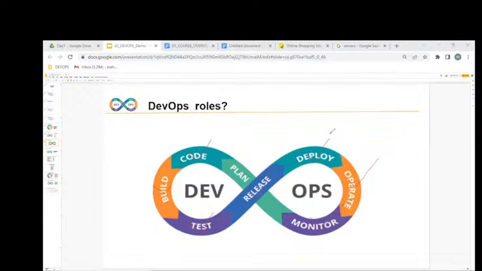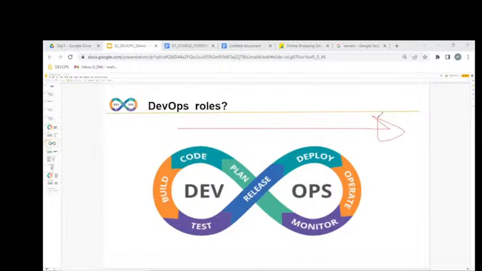But to be frank, we are not writing any code or any test cases. We are just implementing an automated DevOps process.